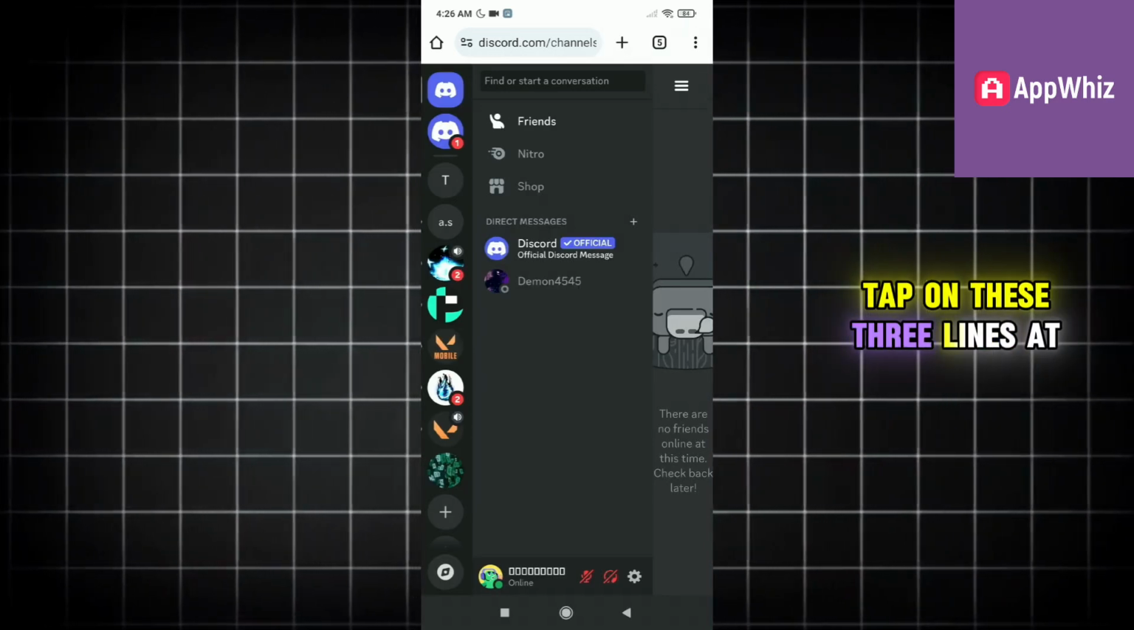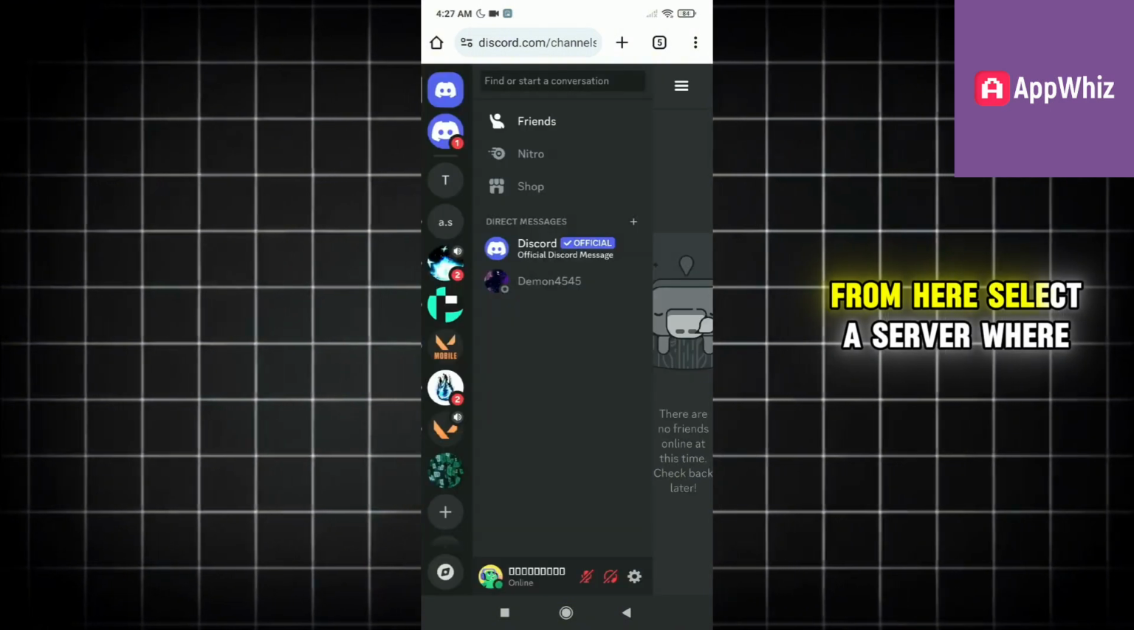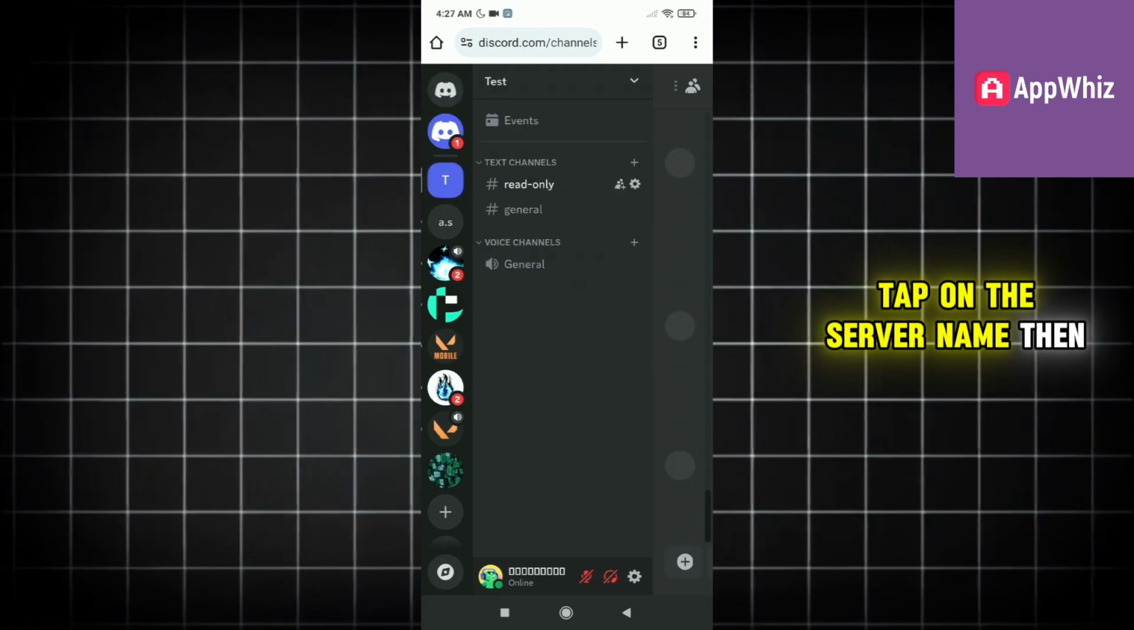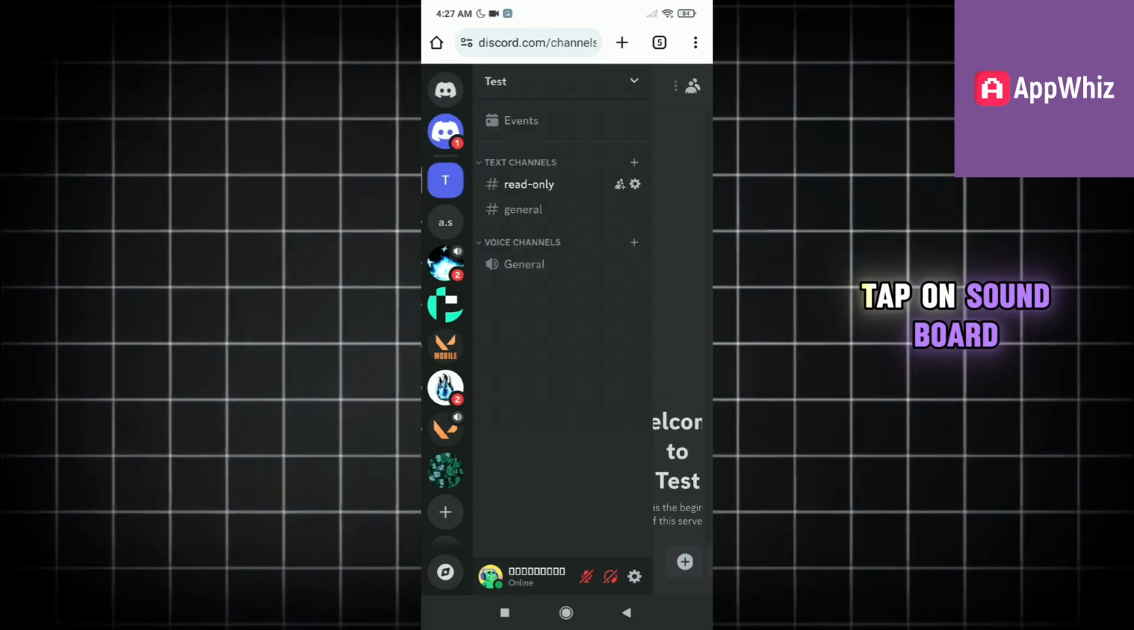Tap on these three lines at the top left corner of your screen. From here, select a server where you'd like to add sounds. Tap on the server name, then select Server Settings from the options. In Server Settings, tap on Soundboard,